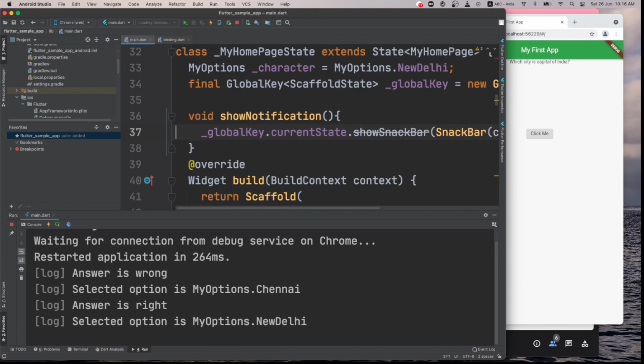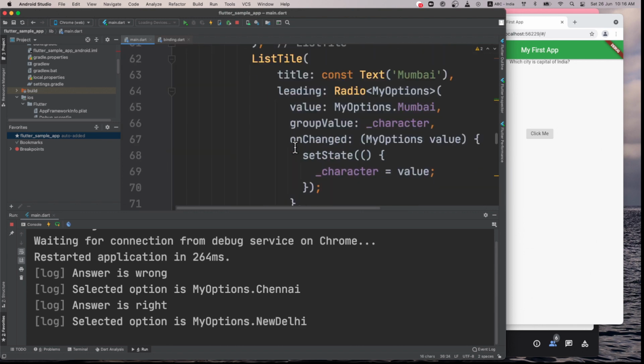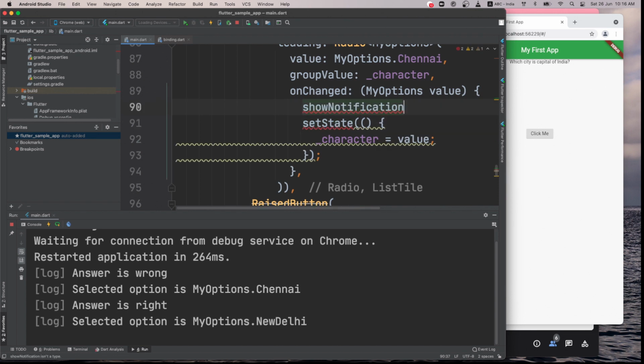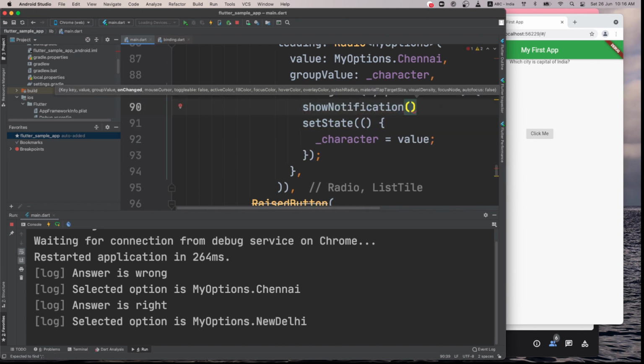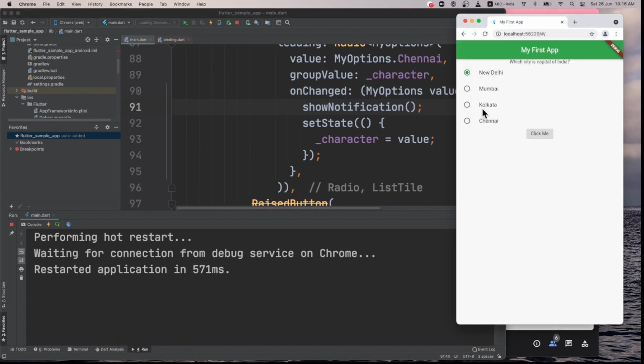Yeah, and this show notification we can call from on click, I guess, here. So after state change I can call show notification like this, and we'll see it. Save it and restart it.